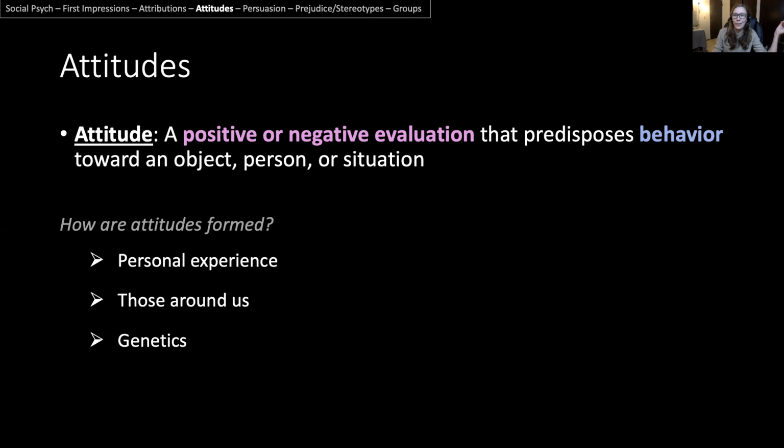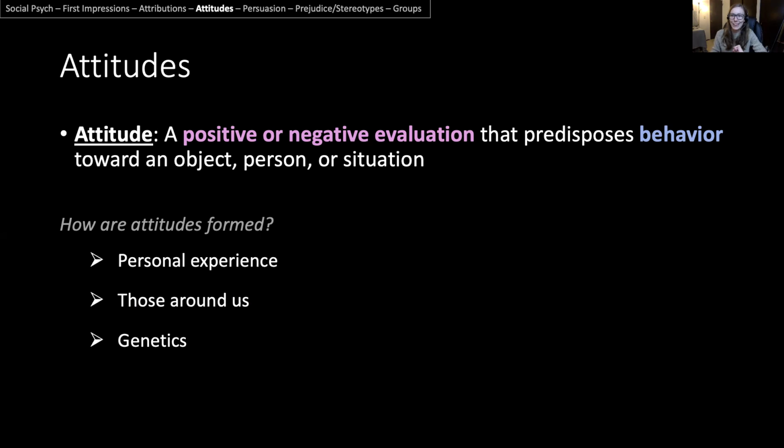This tends to happen a lot with observational learning. And if you remember back to the learning chapter, when you observe other people doing certain things, like choosing Breyer's ice cream from the grocery store, you might start to then do that behavior because you want to fit in. You want to also show that you're similar to those people in the ways that you respond. So you might form a similar attitude.